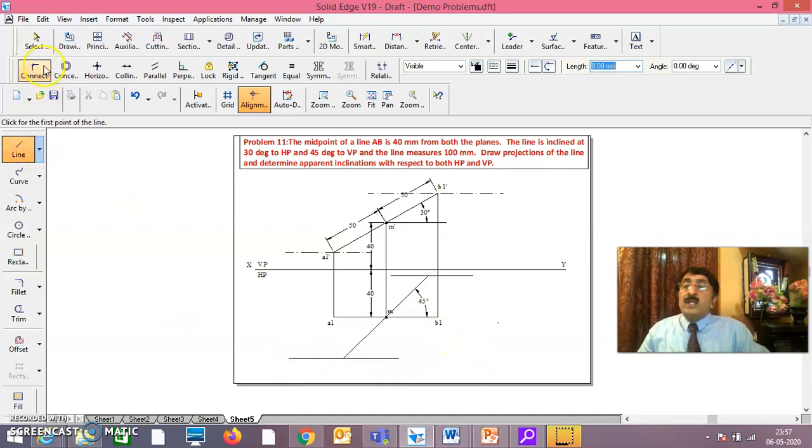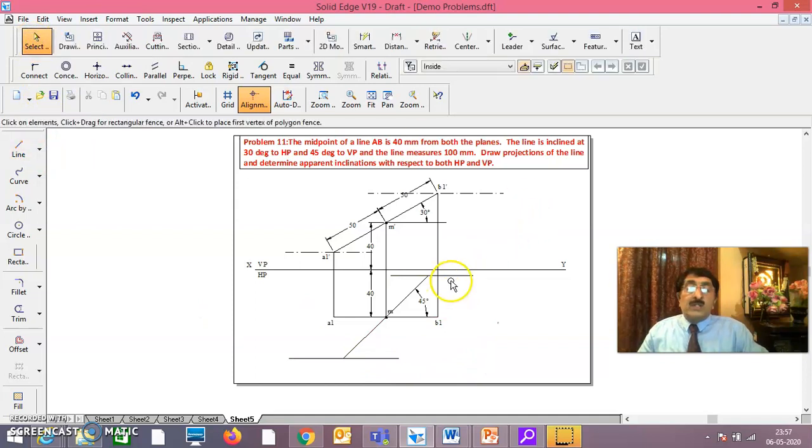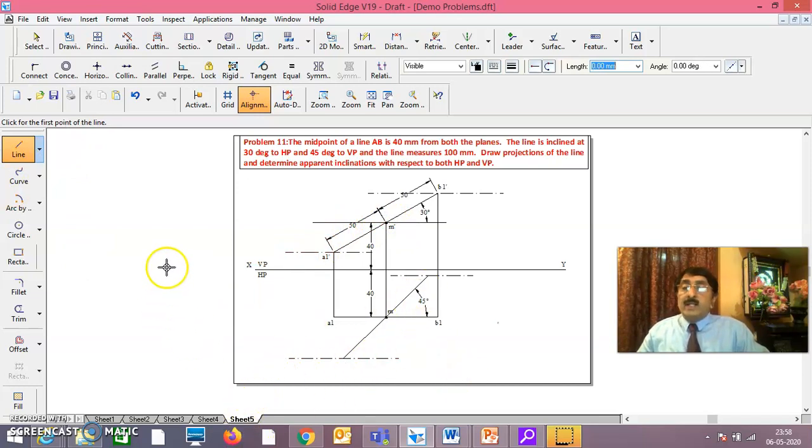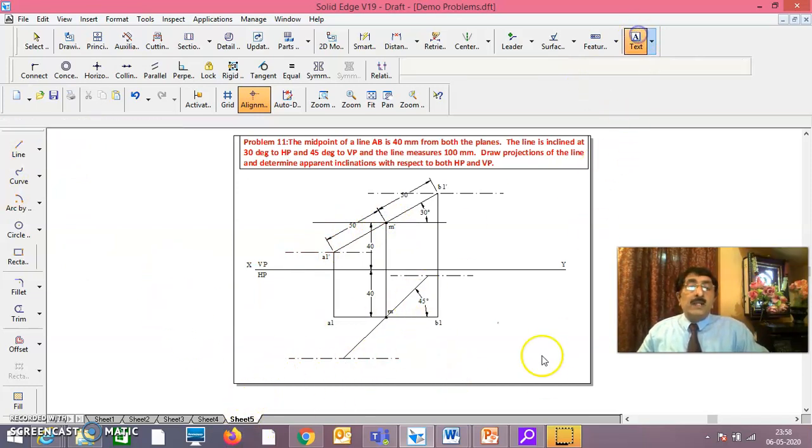Draw the locus here and show the locus representation also. You click on this and click on this also. Okay, and show this is the locus representation here. And I have told you already, this is the true length. Okay, now you see here, if it is a true length,